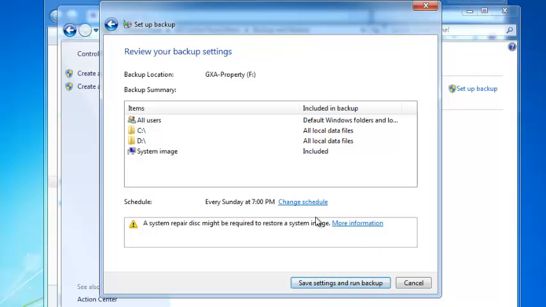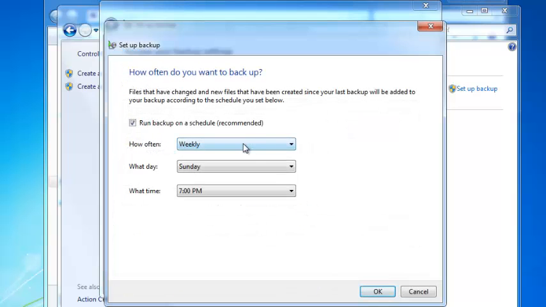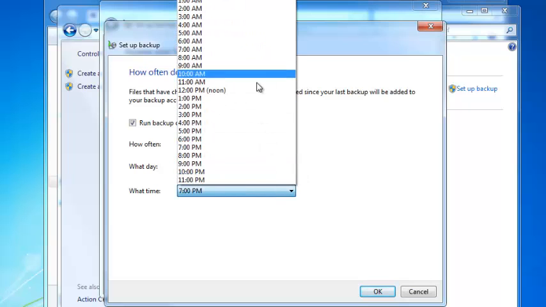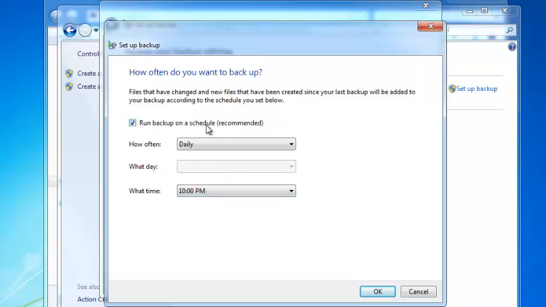And then the schedule part, you can change it so that you can do backups daily, weekly, or monthly. We'll change it to daily, and we'll tell it to back up at night at 10 p.m., and that box needs to be checked in order for it to run daily. Hit OK,